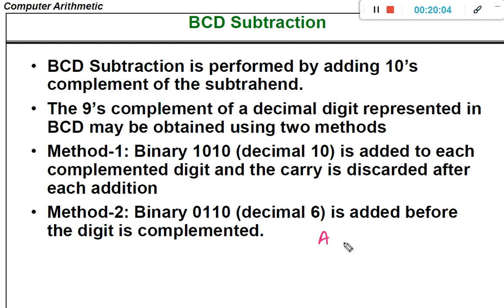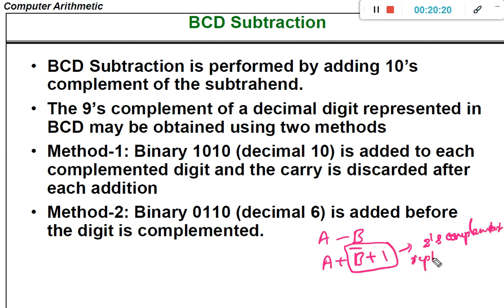If we need to perform A minus B, we perform A plus B complement plus 1, where B complement plus 1 is the 2's complement representation of B. In the same way, here also we perform the subtraction A minus B using A plus B complement plus 1.